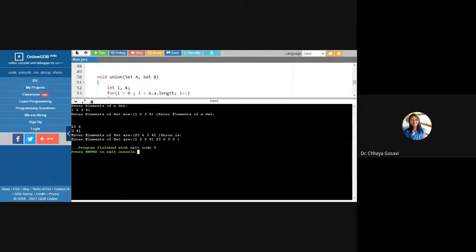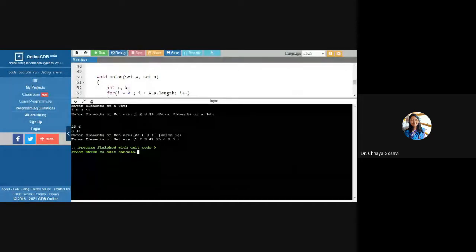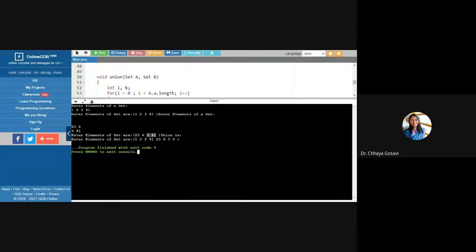So it has taken these values 25, 6, 3, 4 and 1, 2, 3, 4, and you got the output as 1, 2, 3, 4, 1. The first set is copied as it is, and from the second set it has copied only 25 and 6. It hasn't copied 3 and 4. These values are blank, so the size of this array is this one. So you got the union of two sets.